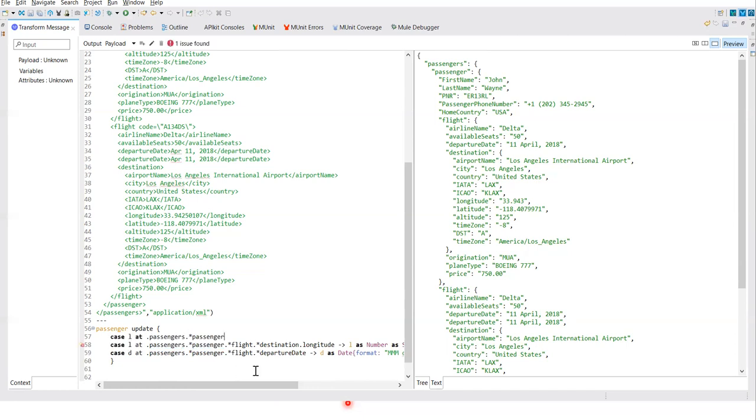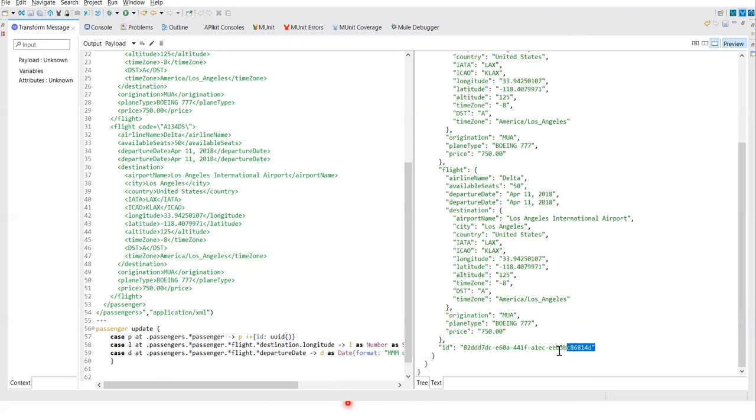As I said, any number of... I'll say this is P on passenger. What I want to do, I want to append an ID column, and there is an inbuilt function called UUID that generates a unique value for us. Okay, so now if you go down, see the ID is added.